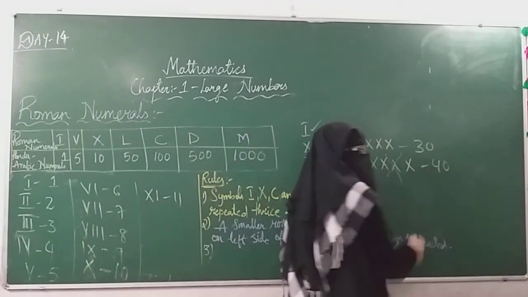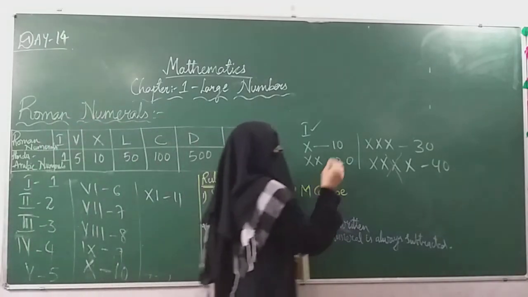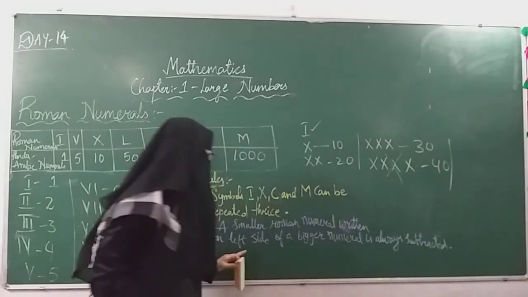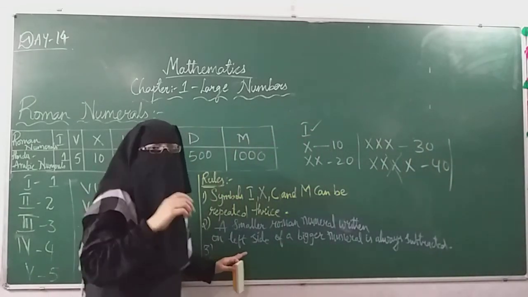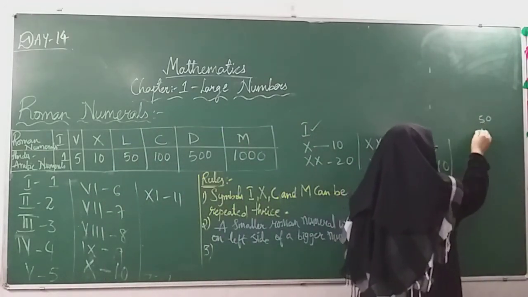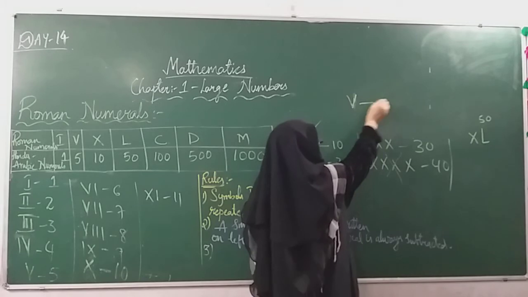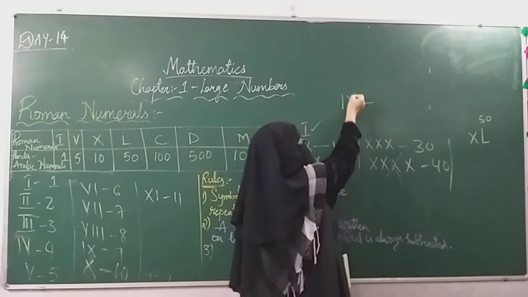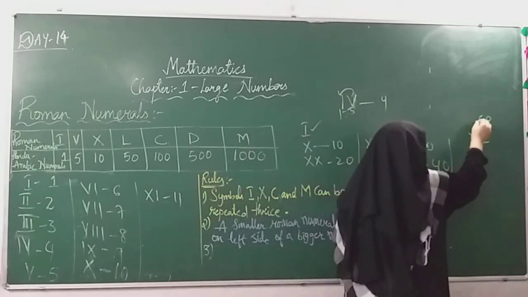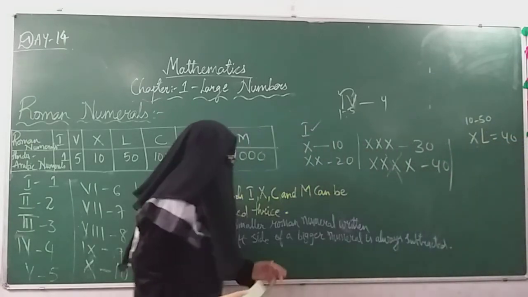So how do we write 40? We will use L here. Teacher, you are saying that we can write 40 by using L? See here, we can use our second rule. A smaller Roman numeral written on left side of a bigger numeral. L, I am taking L means 50. If I am writing 10 before that, just now what I said, for 4 I used V symbol. I am putting 1 before that. That means 5 minus 1, that is 4 I am taking, right? Similarly here also I am putting 10 here. 50 minus 10, that is 40. Understood? So this is rule 2.